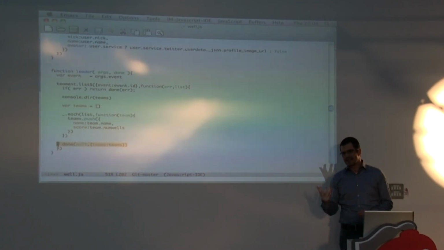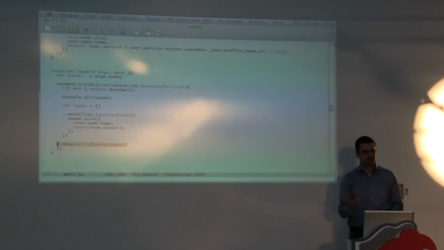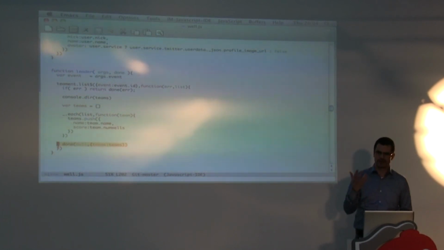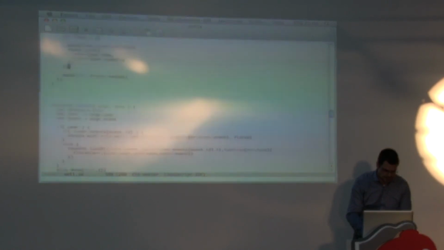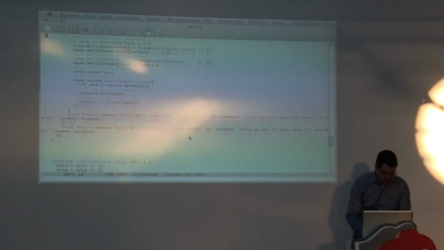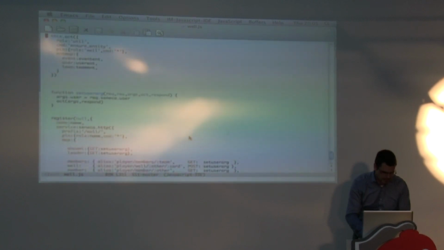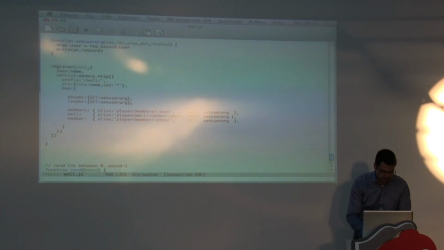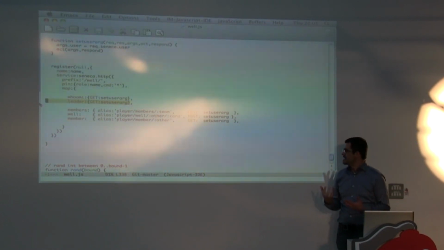Of course, you need to say that this particular piece of logic is connected up to a particular HTTP endpoint. And the way you do that is fairly straightforward. So that happens here. I just provide a